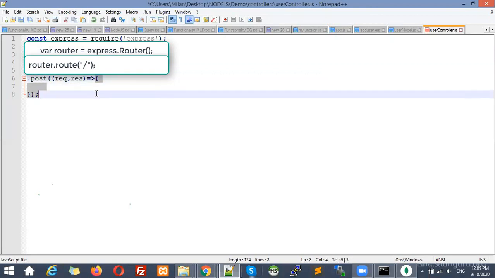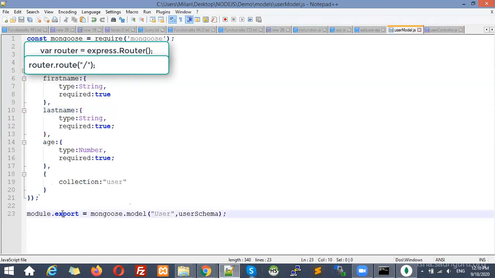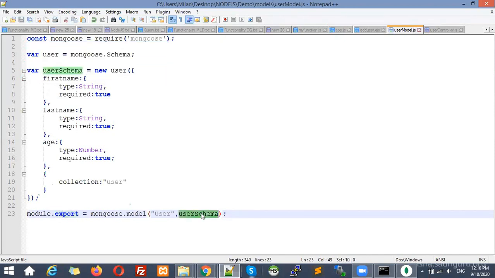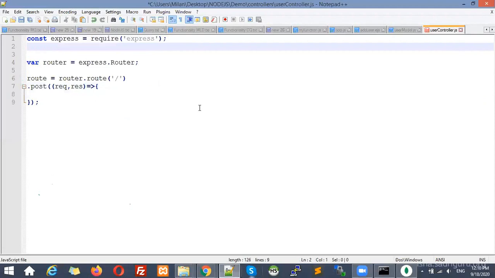That means this function. What I need to do inside this one is create an insert query over here. So I don't need to write down like select star. It is a MySQL query, but I need to use the model over here. See here, you can see this model we have created. So I need to use this file. Which file? User model, and that is exported. So this schema is exported, and I will use that schema, and through that one I will create an insertion process. So I need that file over here, right?